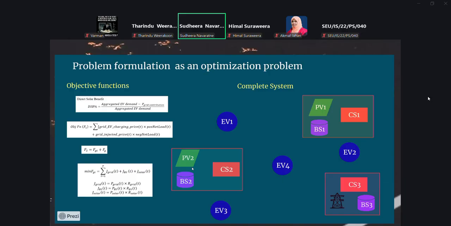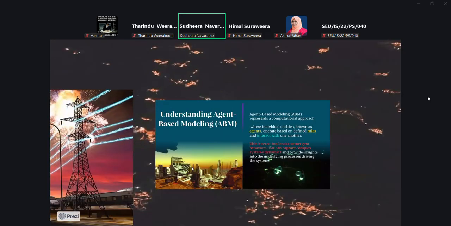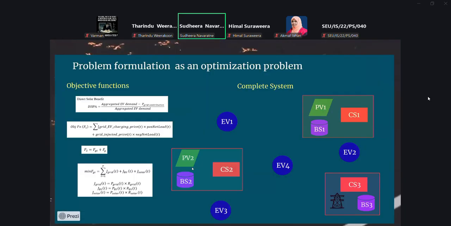Okay. So how do you go from this mathematical model to the complete system, right? You can form this as an optimization function by using these objective functions. And as the system becomes larger and larger, this objective function becomes more and more complex, right?